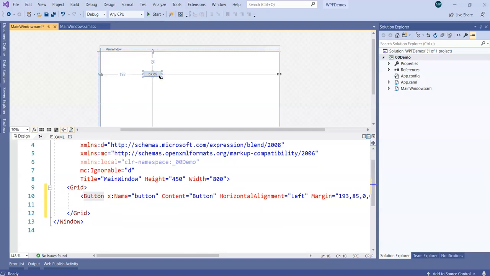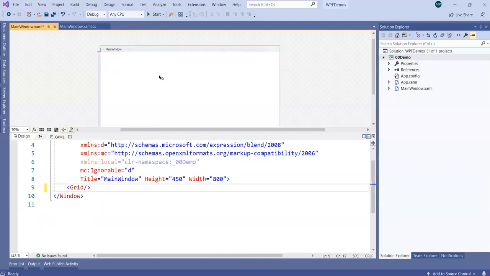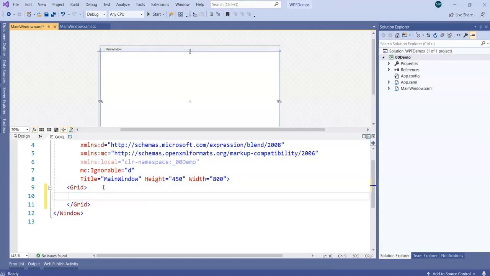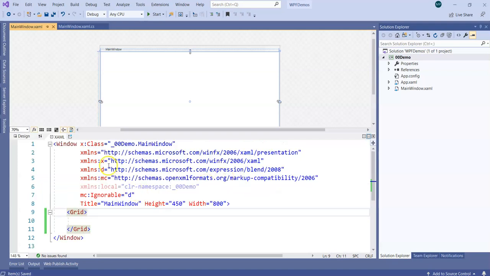So instead of dragging and dropping the component, which I'm going to delete, suddenly the grid is empty in here. Second option we have, look at the name of this window. By default this window has some title given. By default this window is represented by a class called MainWindow, which is a code behind file. So in order to add something into the grid, we can add here something like a name.